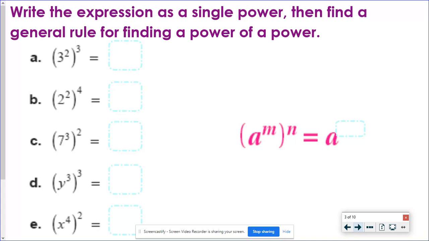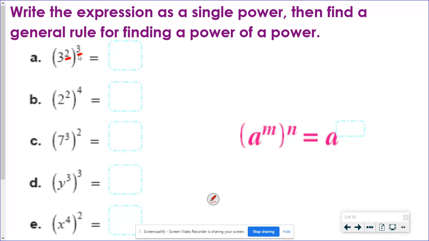So this is another rule now. This is a different rule. For these problems, this is called a power of a power. Remember, power means something with an exponent. So I have an exponent on something that already had an exponent. Now, I'm going to show you a couple of times with this multiplied out, but then we're going to look